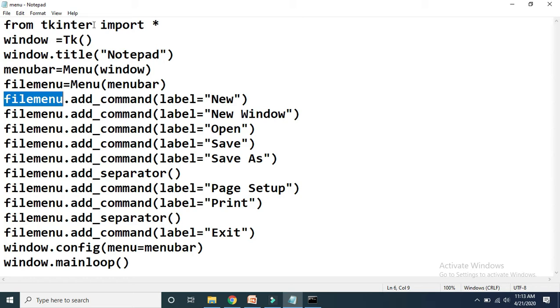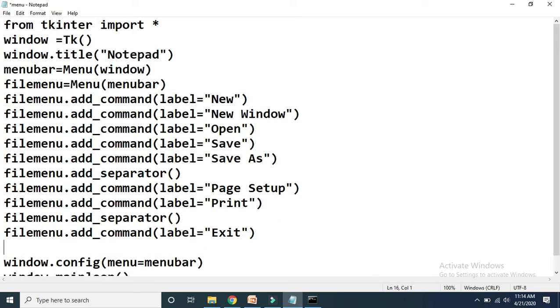So if you want to attach this file menu to this file option, then in that case, using the menu bar object, we have to call one method, that is the add cascade method. Menu bar is the object of the Menu class that we have already created.